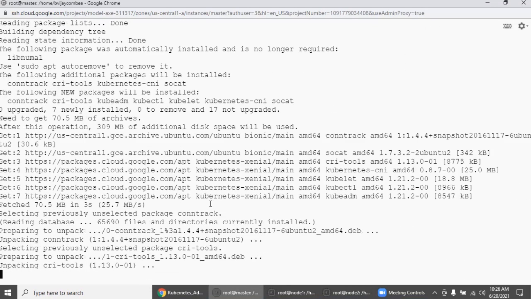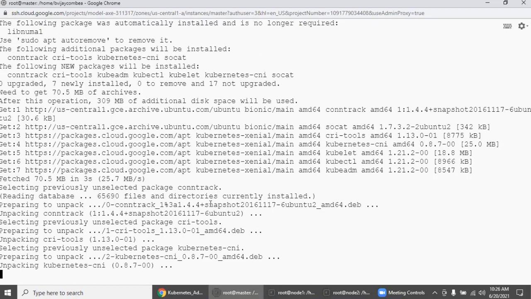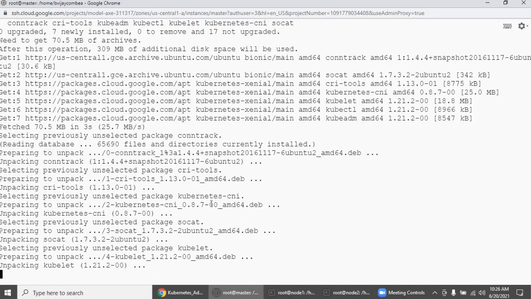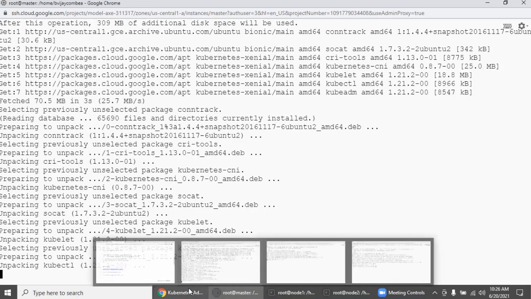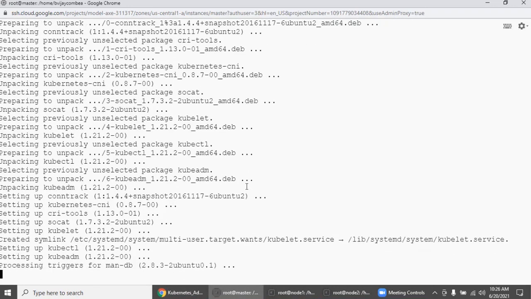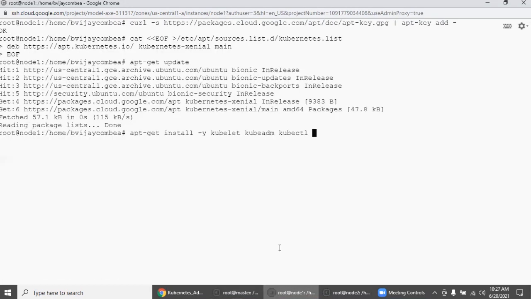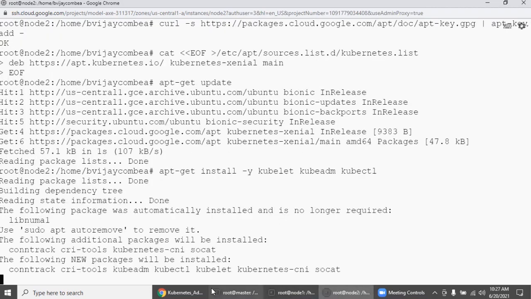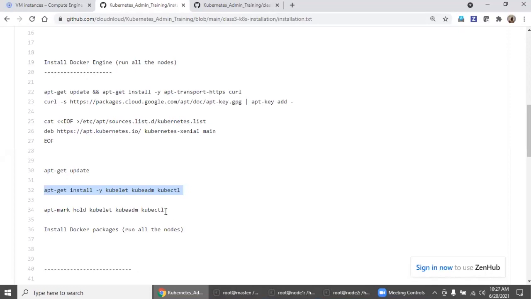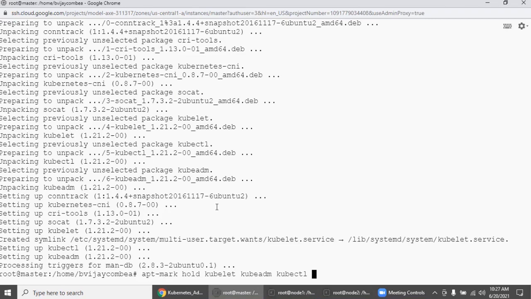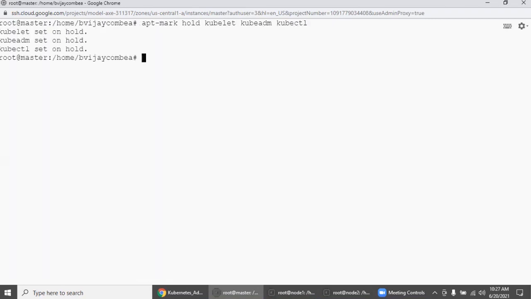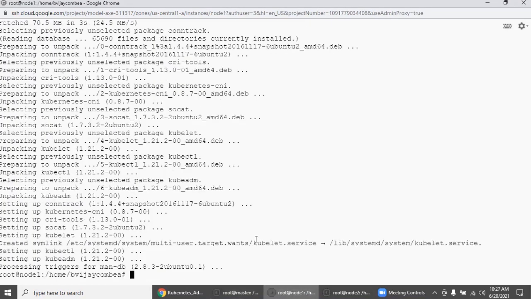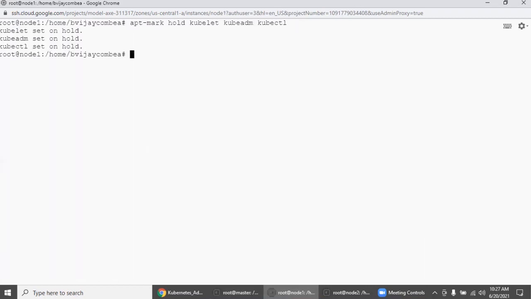I would recommend installing these even on worker nodes, but on worker nodes, you put these packages on hold. You are not going to activate them. But if you look at the step, I am also going to mark them as hold. So I'm just putting the hold.